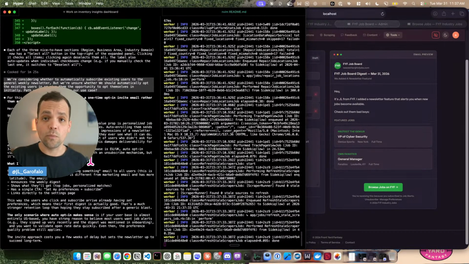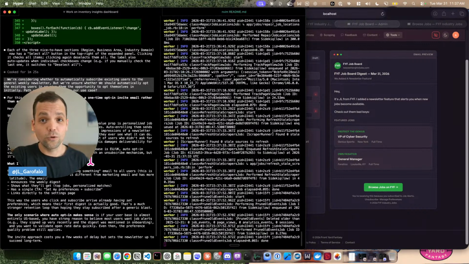We can get that signal by looking at a few different metrics along this process. First one is the open rate: let's say we send it to 500 people initially. How many of those 500 people open the email? How many of those who open the email then click through to the job preferences? And then how many of those people actually ended up setting their job preferences? And then how many of those people ultimately opted into the newsletter? Each one of those steps, we can measure.